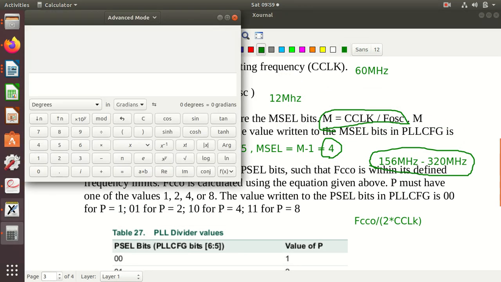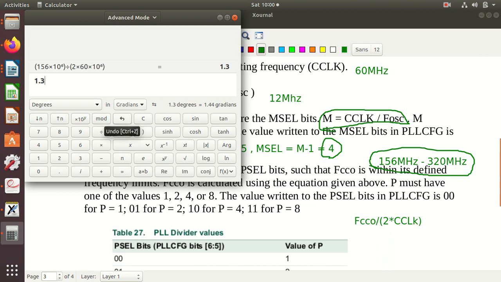Let me take the calculator. 156 megahertz is 156 into 10 raised to 6, divided by 2 into CCLK, where CCLK is 60 into 10 raised to 6.